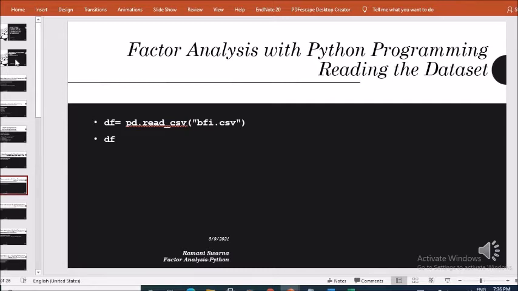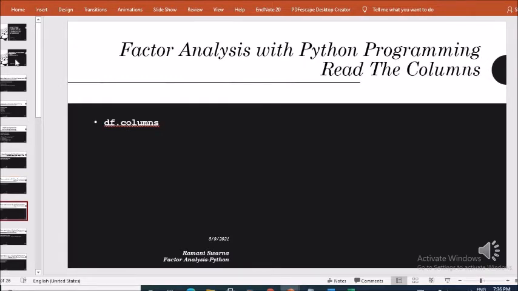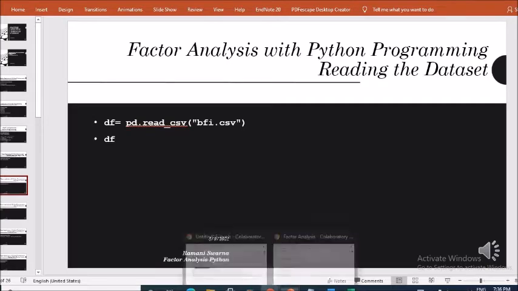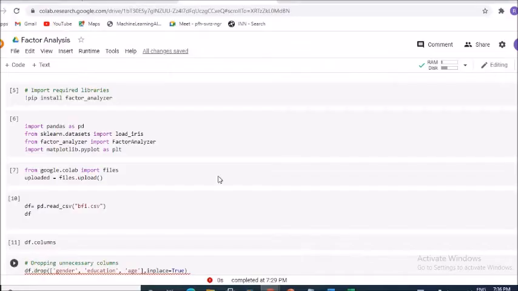Now, the first thing we need to check is what kind of data we are talking about. If you look at the BFI data set, you will see that it has a 6-point response scale: very inaccurate, moderately inaccurate, slightly inaccurate, slightly accurate, moderately accurate, and very accurate.